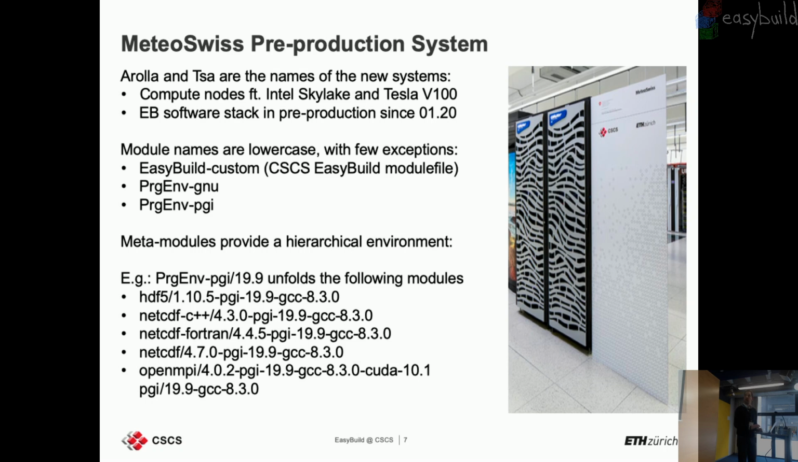The new system instead is a single one with 2 logical names, so to ensure more flexibility during the production and failover phases. The compute nodes feature Intel Skylake processors and a Tesla V100 GPU. And as I mentioned in the timeline, the software stack is in pre-production with EasyBuild since